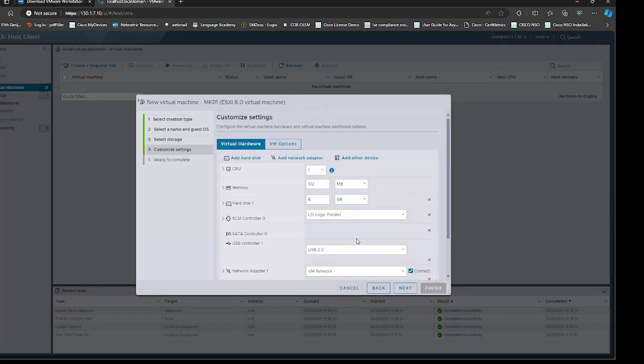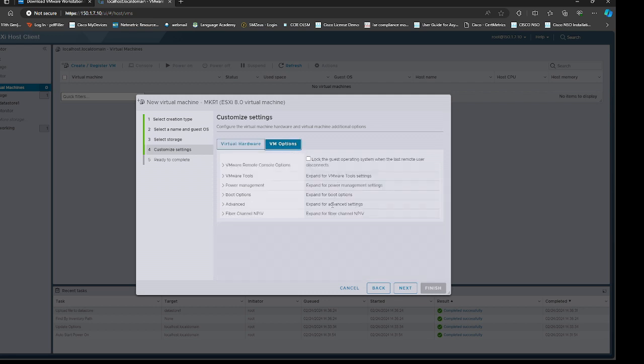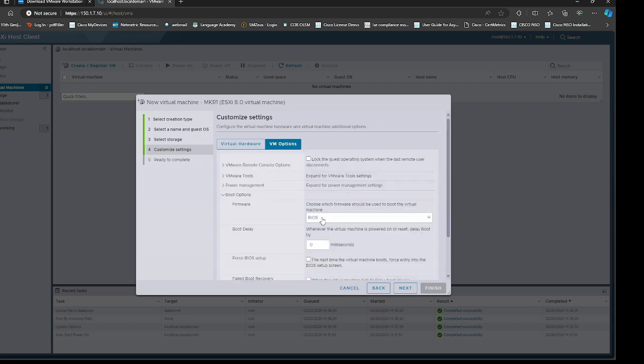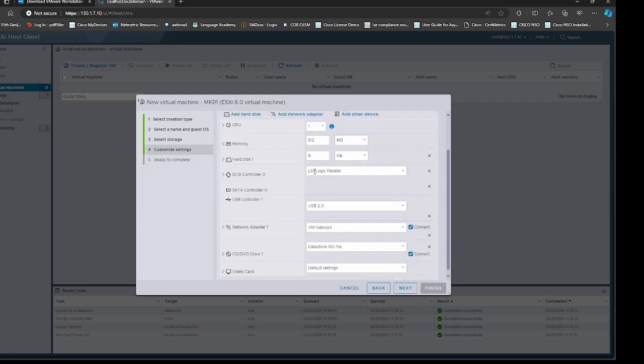Now, this is a Linux type machine. If it is Linux, Mac OS, or these kinds of routers, you go to virtual machine options, go to booting option, and make sure that it is BIOS. If it is a Windows machine, it will be EFI. You have to select that one. But apart from a Windows machine, for anything else, make sure that you select BIOS only. All right, so these are my requirements.